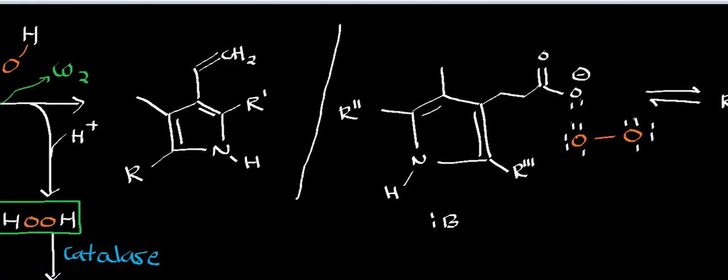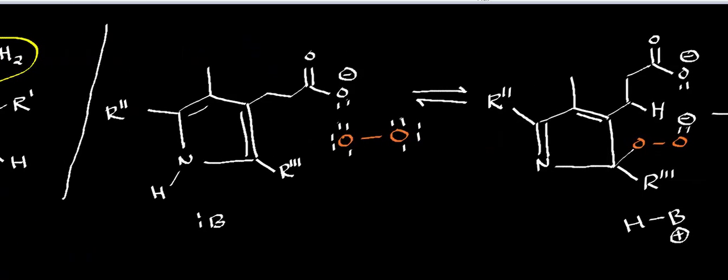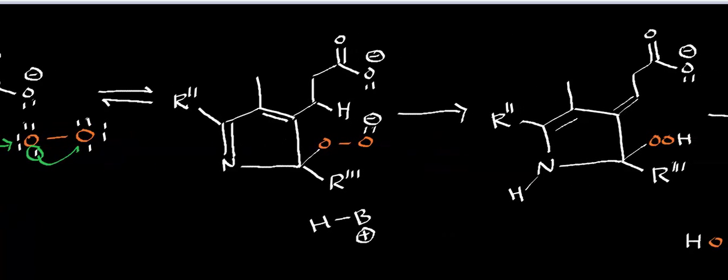Okay, and notice once again, we got the vinyl group out of this. So now, again, I'll do the mechanistic steps in green. It's the exact same mechanism. So the base in the active site is going to deprotonate the pyrrole ring, and once again, we get a double bond rearrangement. And you guessed it, these pi electrons come out and attack molecular oxygen, and that forces this lone electron to move over to the other oxygen atom, generating a negatively charged oxygen that can now do a